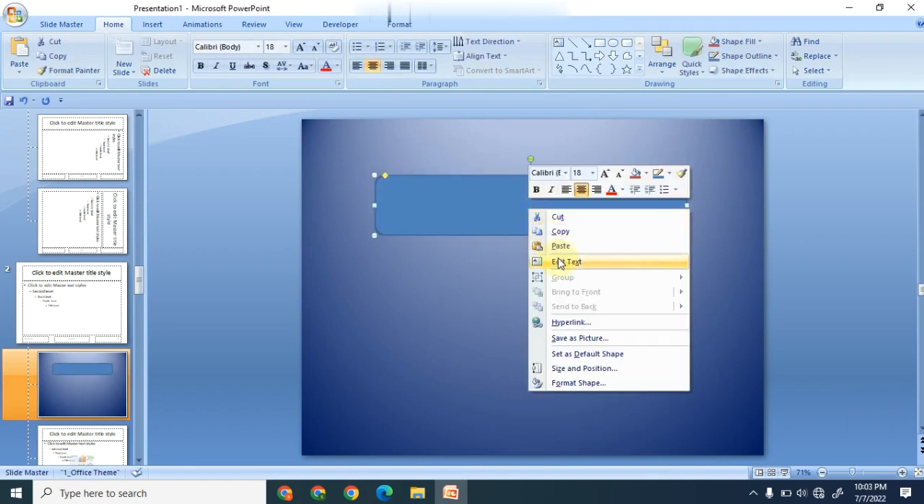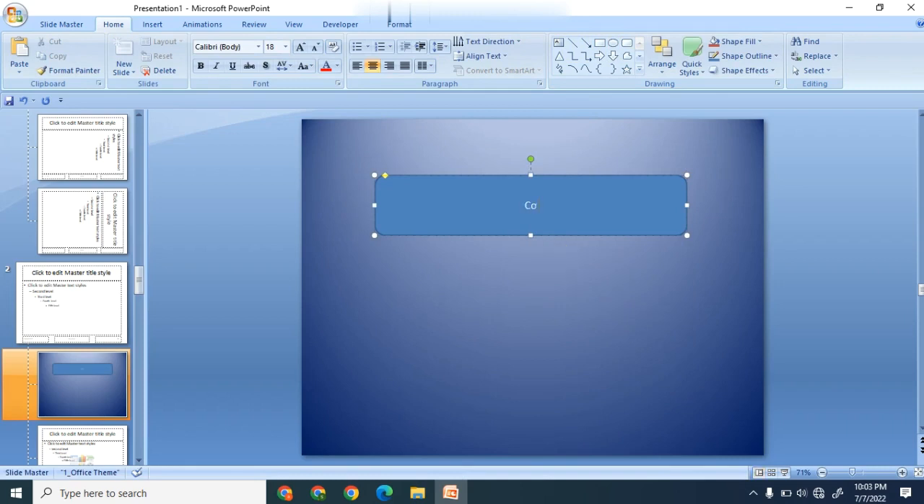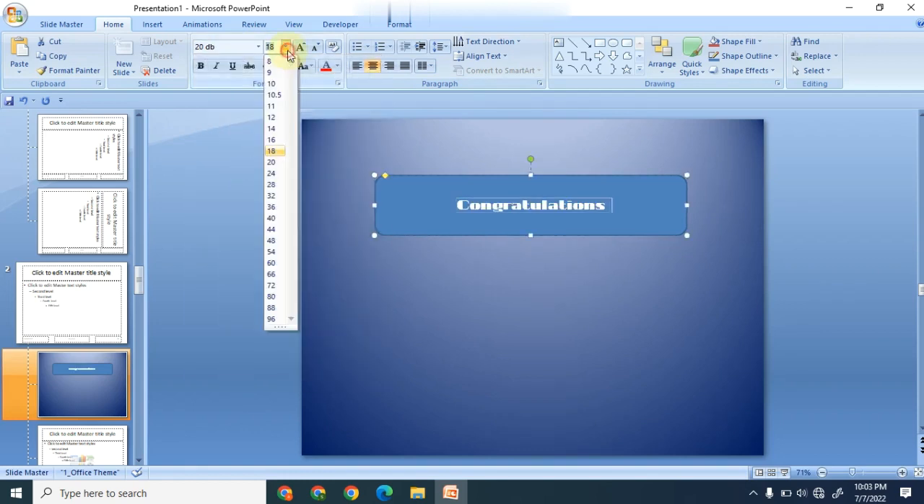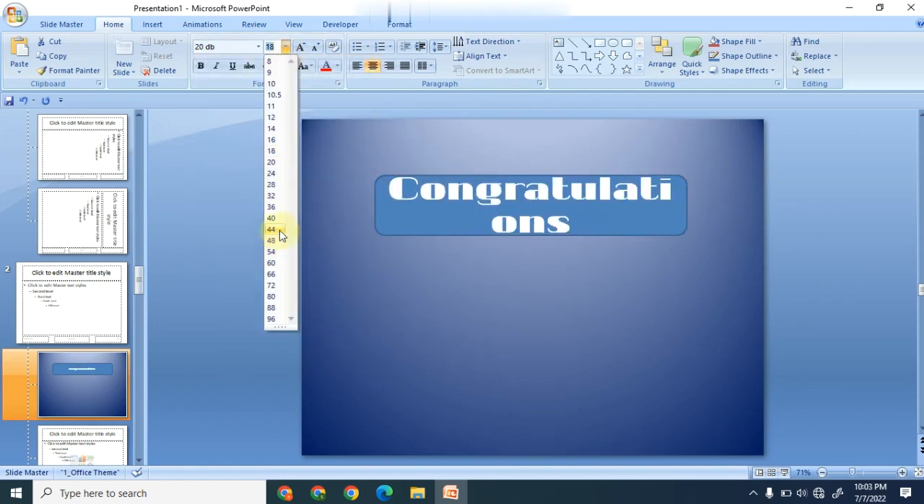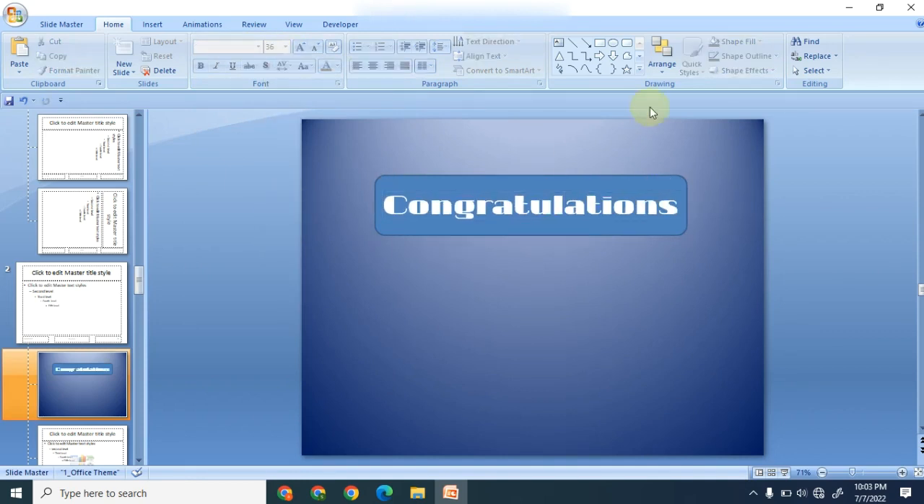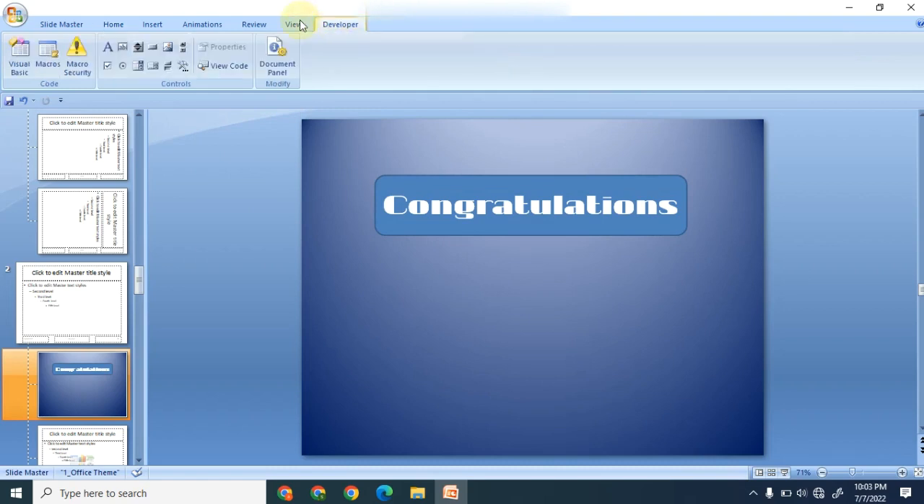Here we have to write congratulations. So we have written this, then select this and change according to your wish. We are changing the font, changing the font number so that it looks bigger. Then we have to go to the developer tab again and click on this A, for generating a label